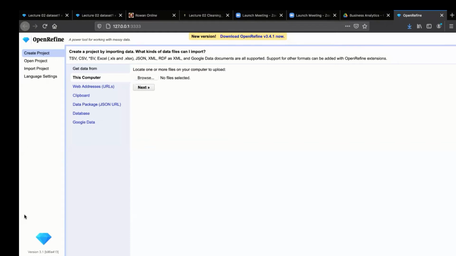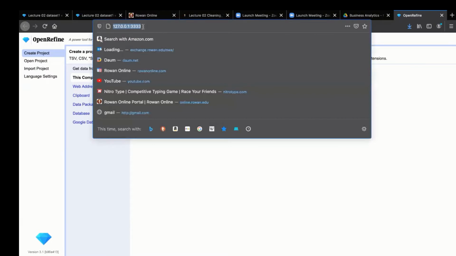So OpenRefine is kind of an interface that will just lead you to this server called 127.0.0.1:3333. So this is the IP address and the server that is designated for OpenRefine. And what it does is that this supercomputer, this cloud will run the data for you, right? They have all the algorithm ready and running this software for the people who are going to clean the data